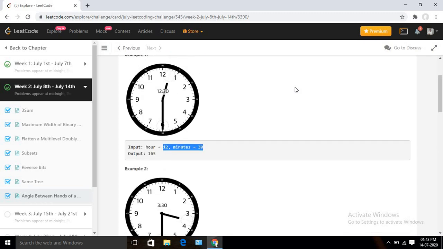Let's discuss the approach first, how we can solve this. If you think of the whole clock, we are going to calculate the angle separately. I will take 12 as the base, calculate the angle for the hour hand, and then calculate the angle for the minute hand also. If you look at the clock, it's a total 360-degree angle. So how can we calculate the minute hand angle? We know it's 360, and if I start from here and the minute hand moves like this, whenever I reach 12 again, that completes 60 minutes.